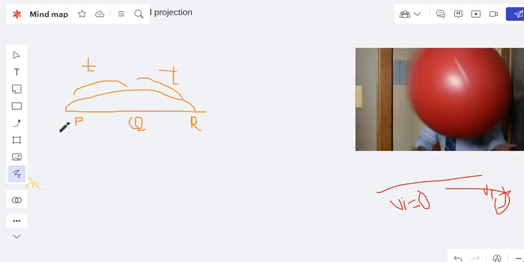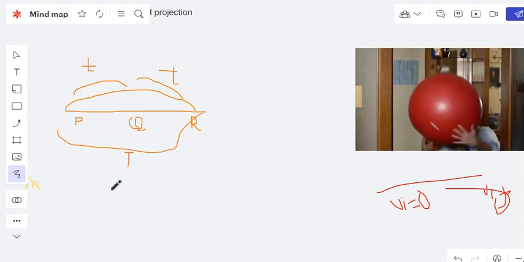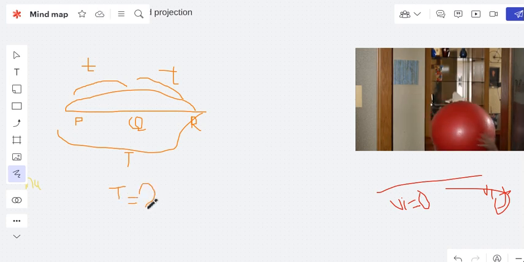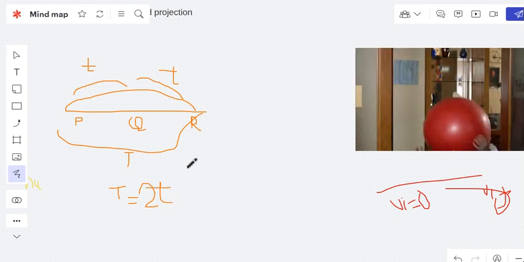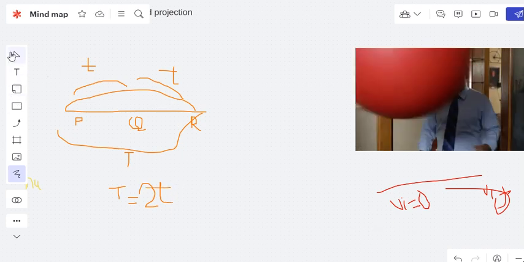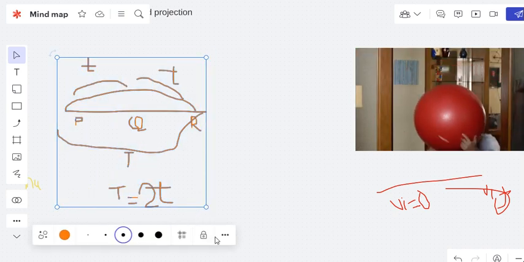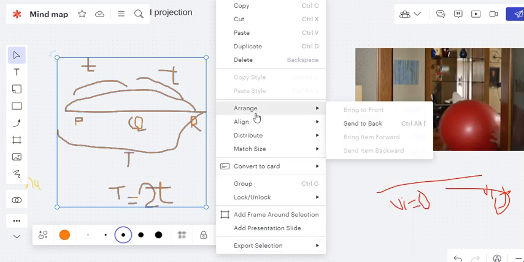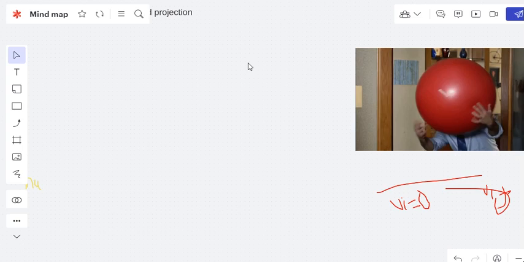But the distance from T to R is represented by a capital T. The capital T is equal to 2t. The small t represents the half path, but the capital T represents the full path. So this is a basic thing that we need to keep in mind while solving an MCQ related to projectile motion, right? So now